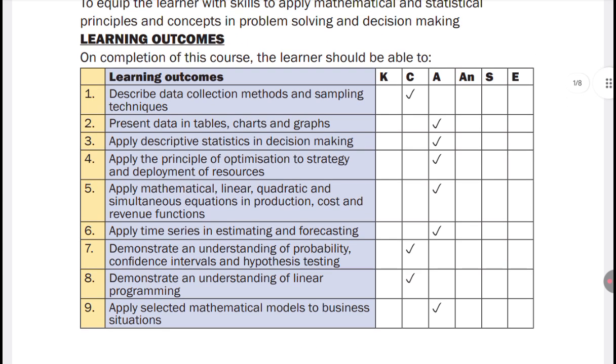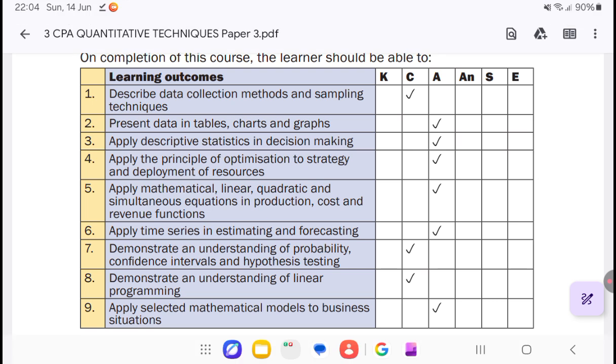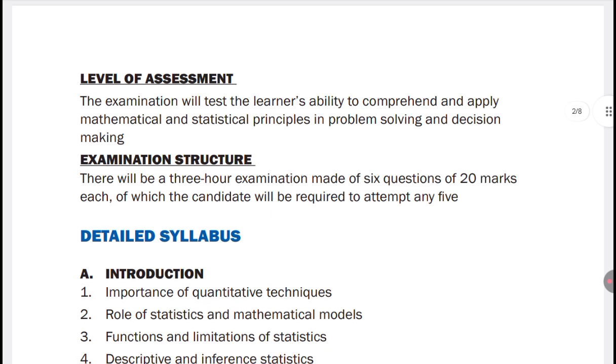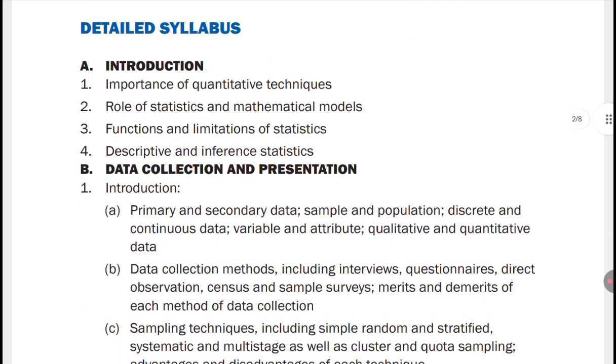Of course, when you look at K, this letter K here represents the knowledge. This is comprehension for C. This letter E is showing the application of the different aspects. So we have the detailed syllabus. Of course, when you look at the detailed syllabus, we have the introduction. I'm just going to look at it as chapters. Chapter A